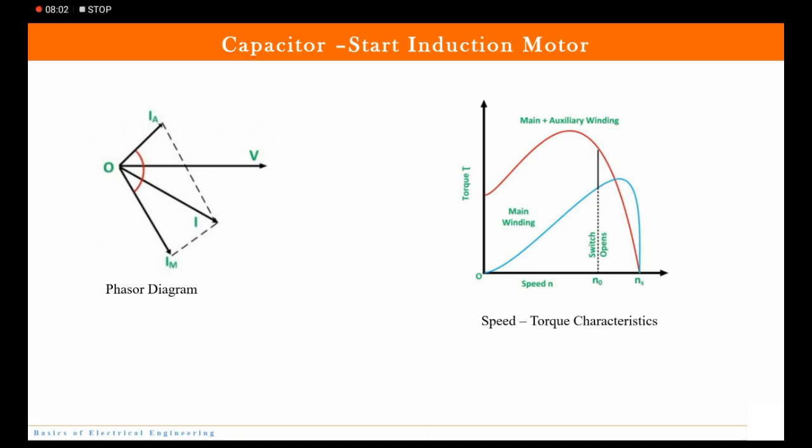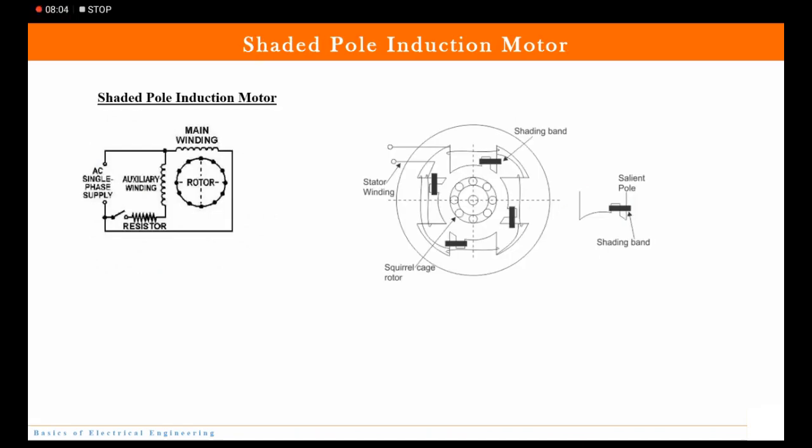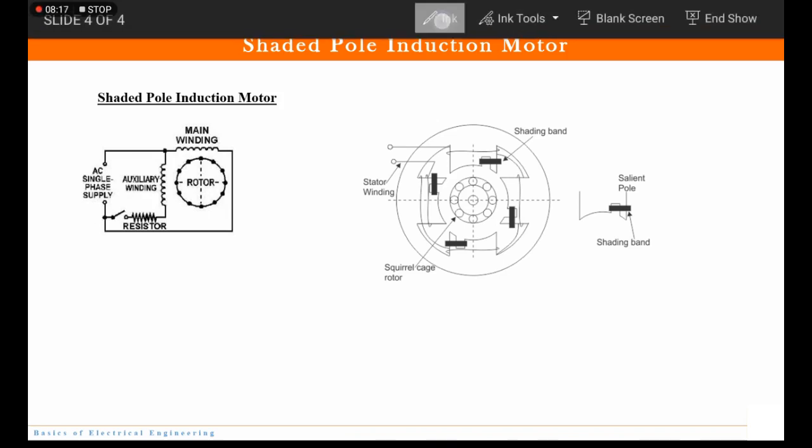Fine. Let us go to the next type. Now the next type is the shaded pole motor. So you can see the arrangement. So what do we do here is,